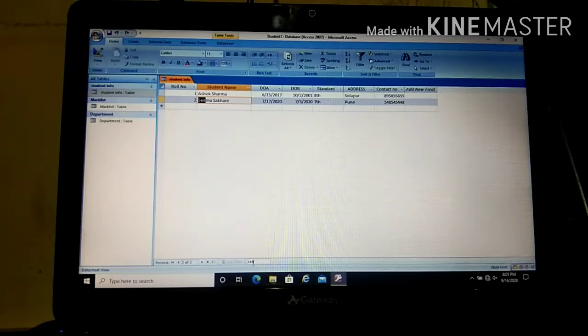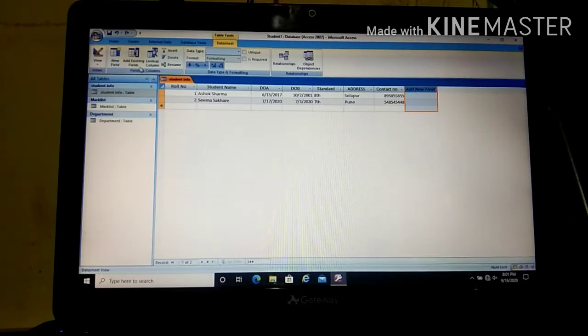So it may be a confusing thing for you, right? So let's see. Suppose I want to add the department to this table. So how to do that? Just select the field and then you can see the datasheet tab is there. Click on that. Here you have to see the lookup column. Can you see that? You have to select that.